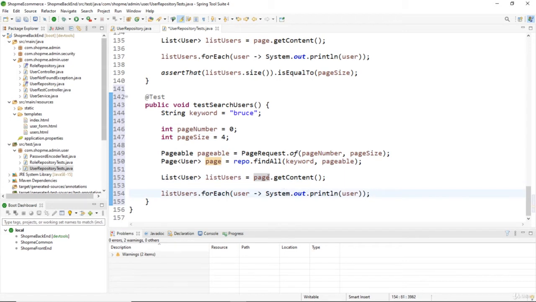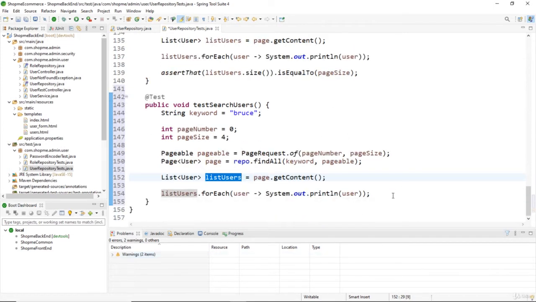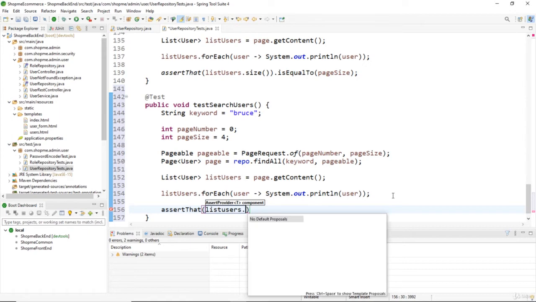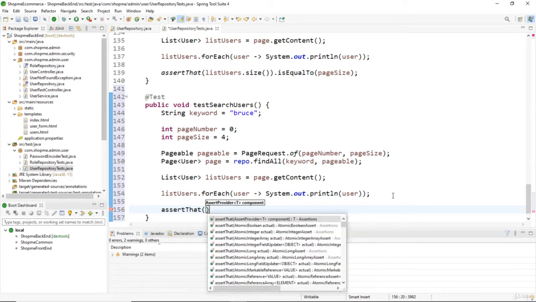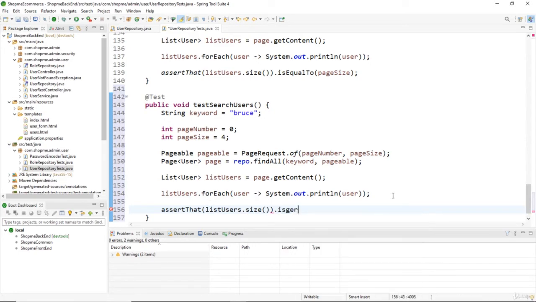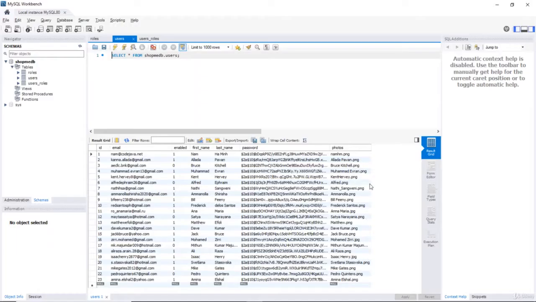And we assert that for this keyword Bruce, the list users size is greater than 0, because in the database we have 2 users whose first name or last name is Bruce here, Bruce Kitchell,